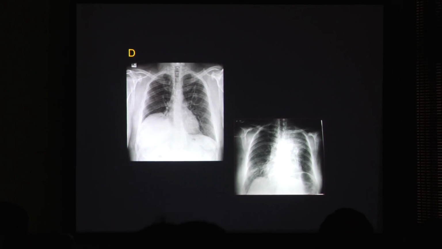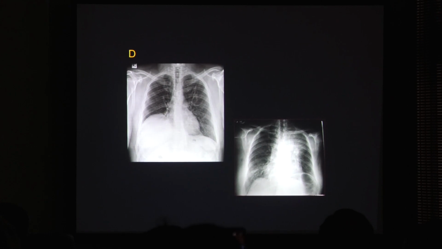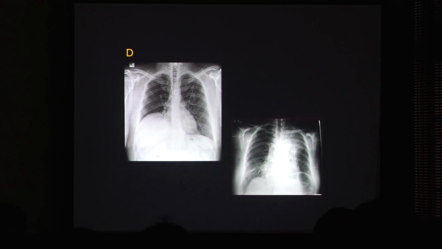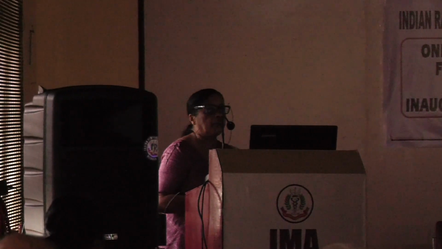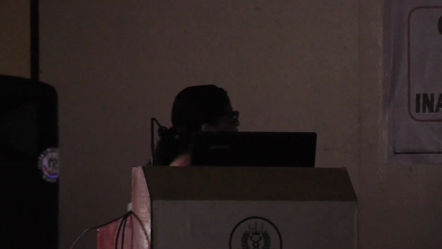Now we have reached the evaluation of the diaphragm. Normally in a normal chest radiograph, the left diaphragm is at a lower level compared to the right. And in a small percentage of patients, both diaphragms can be on the same level. So the right diaphragm can be said to be elevated